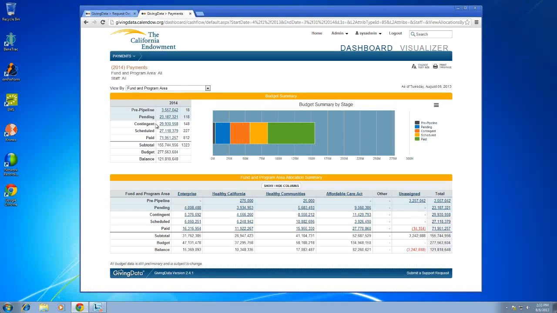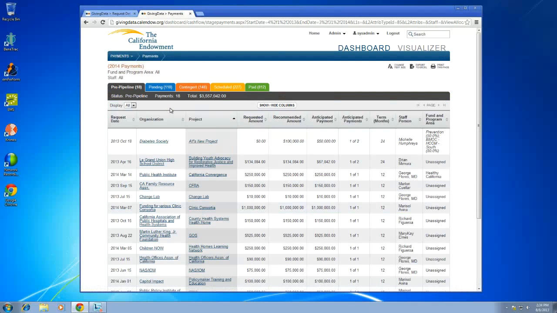So they're handling anything from pending, contingent, scheduled, or paid on down. The pre-pipeline area is for the program team to do their scenario planning and to start to enter the payment records here, and then they will see that reflected here. So if I look at the pre-pipeline grants, here's my